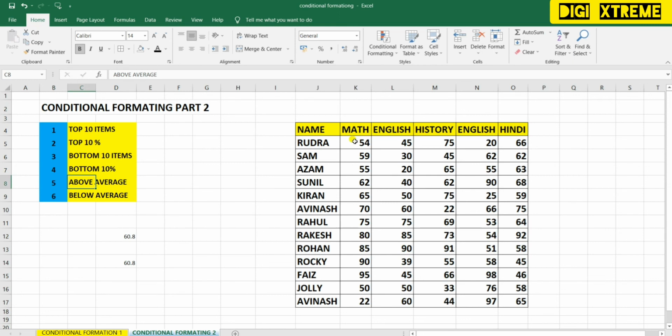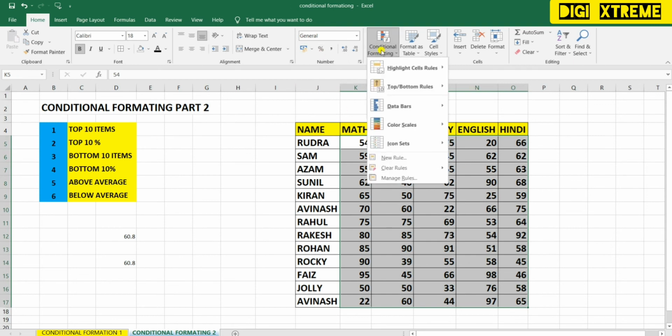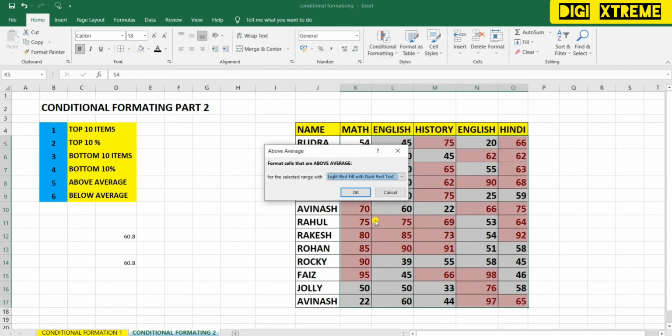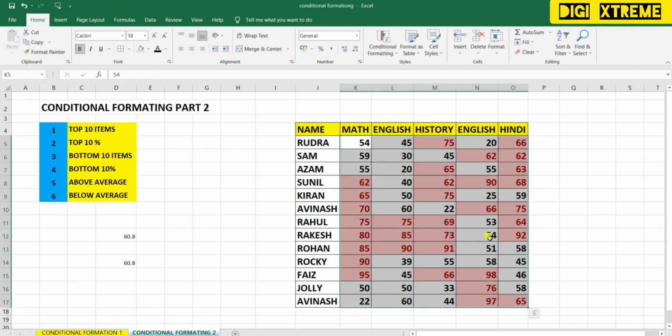Alright, to find out above average, again I need to select the data. I have selected the data, then I'll go to conditional formatting, the second one, above average. So you can see it has highlighted the above average.